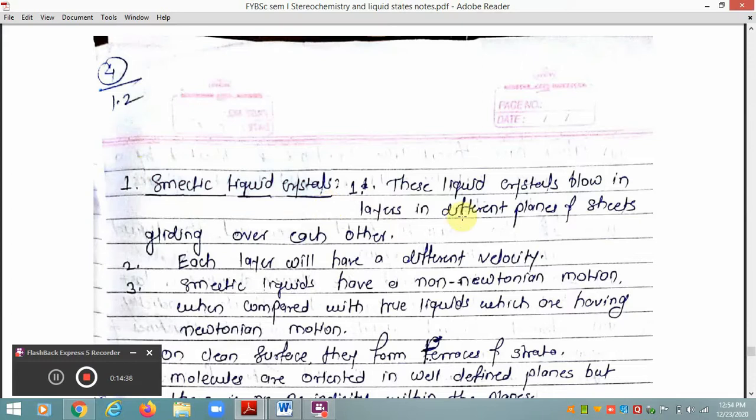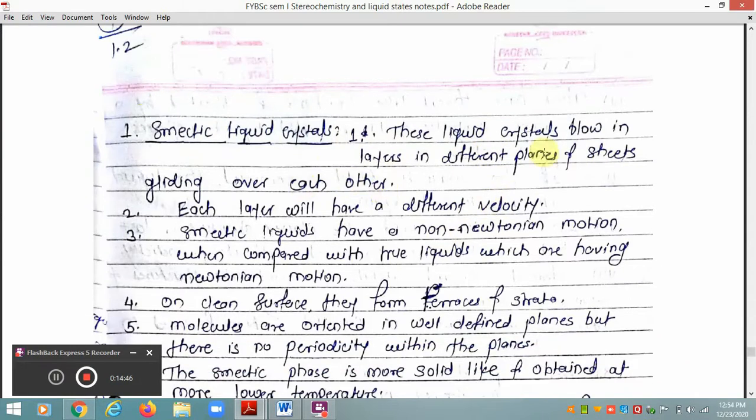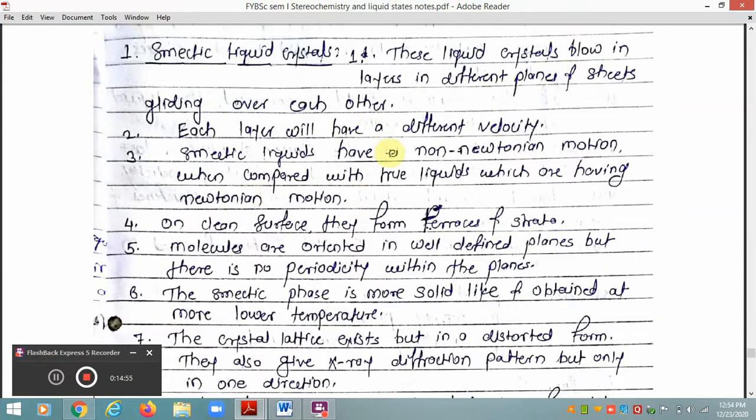So these smectic liquid crystals flow in layers in different planes, with the sheets gliding one over the other. Each layer will have a different velocity. Again, the smectic liquid crystals have a non-Newtonian motion when compared with true liquids, which have completely